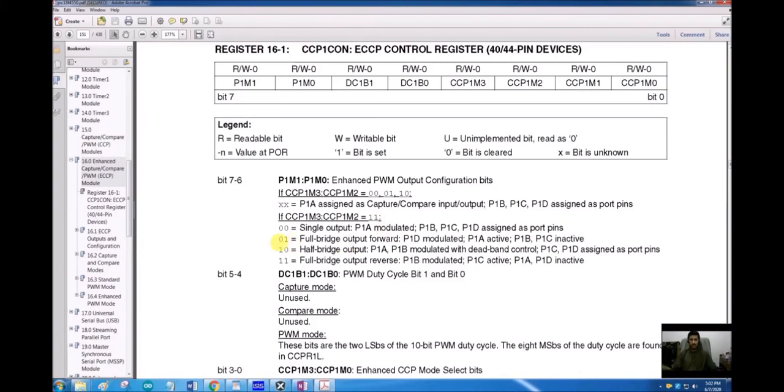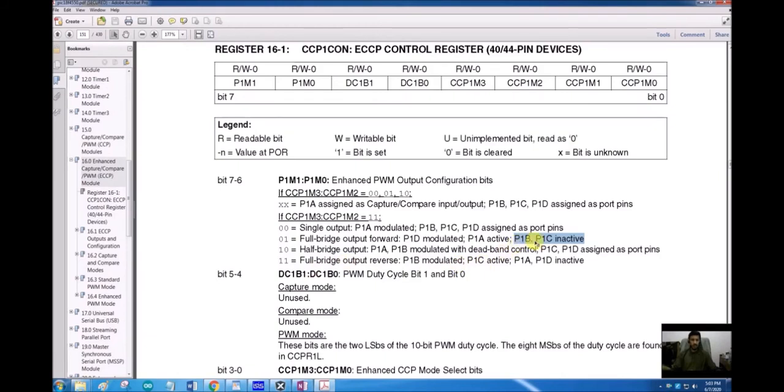But when these 2 bits are configured as 0, 1, the ECCP module will be configured to support full bridge operation, with full bridge output forward. In this case, one output will be modulated, one will be active, and the other two will be inactive. In case of 1-1, it will be full bridge reverse.